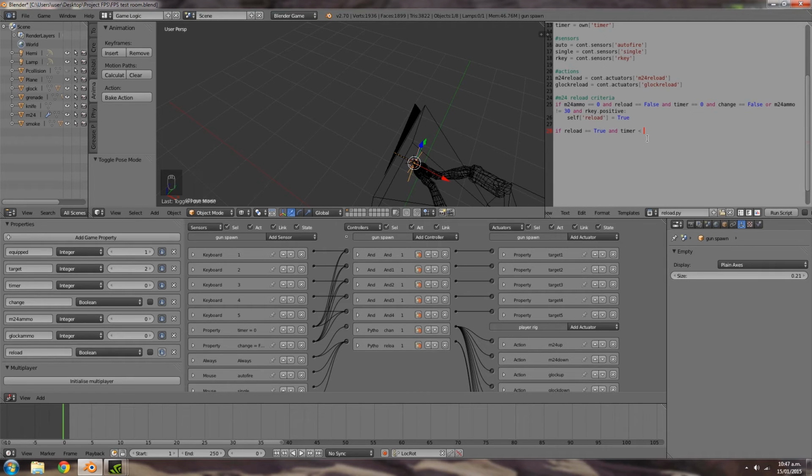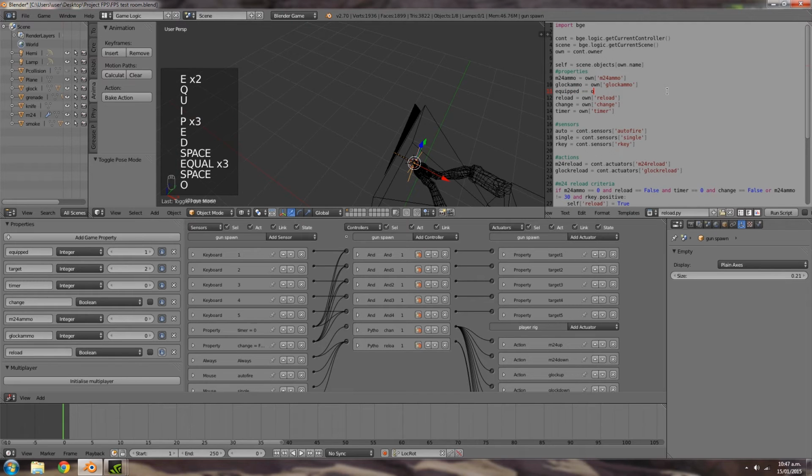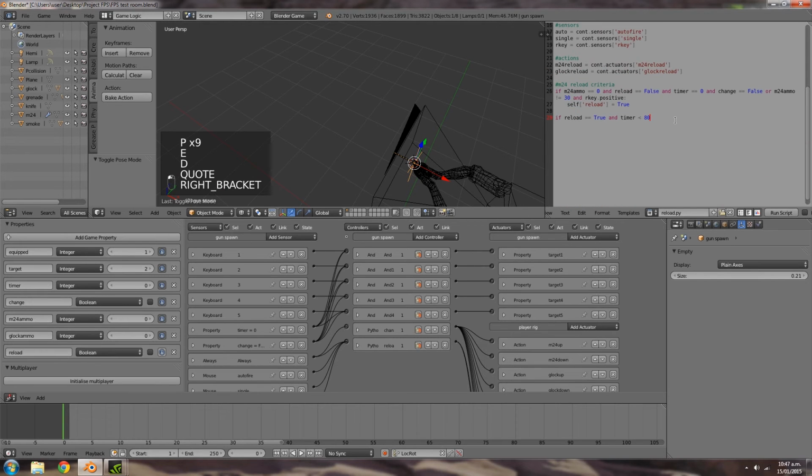So all the animations I think are 80. So we'll do timer is less than 0. And one more thing I forgot to check is for these reloads we need a certain weapon equipped. So we're going to type in here own equipped is equal to own equipped. Then we'll scroll down, and if reload is equal to 80, what we need to do in here though is